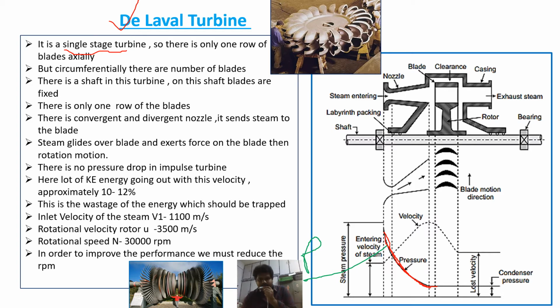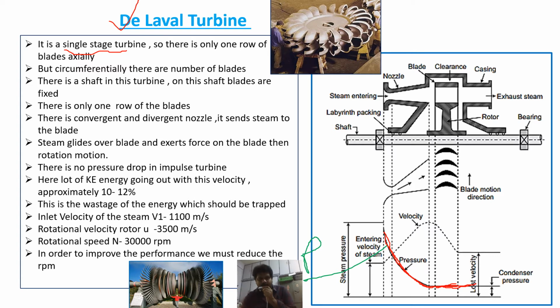From the nozzle, it will enter into the turbine. So this is the turbine area. So that here the pressure is constant, because in the impulse turbine there is no change in the pressure when steam is flowing over the blade. Only pressure changes in the nozzle. There is no change in the pressure when it is flowing through the blade. This we already discussed in the previous class. So that here the pressure is constant in the De Laval turbine. It is an impulse turbine.